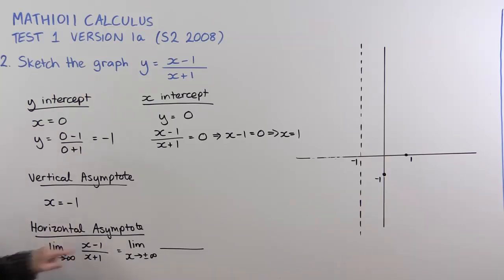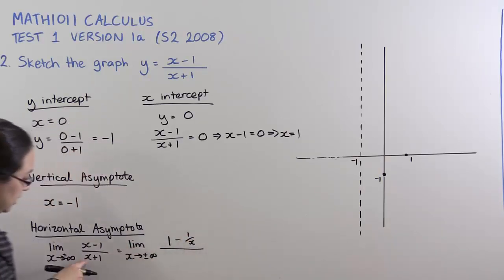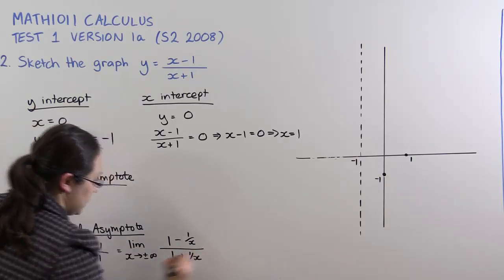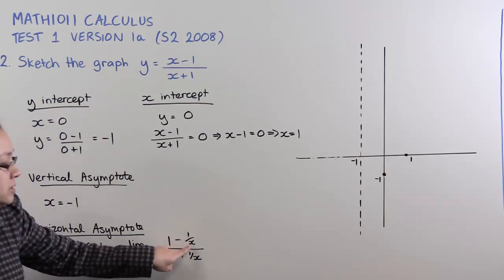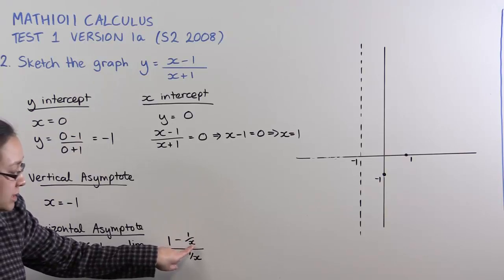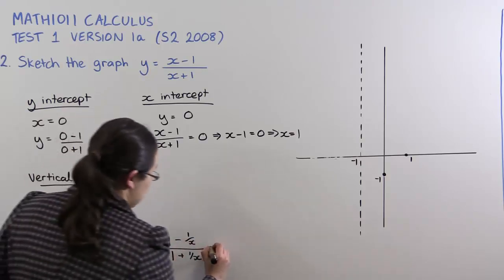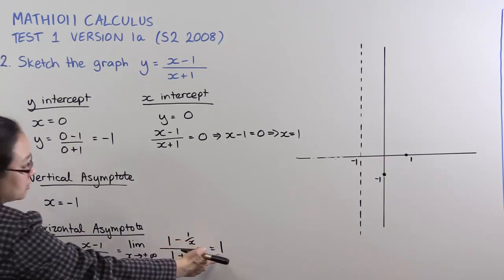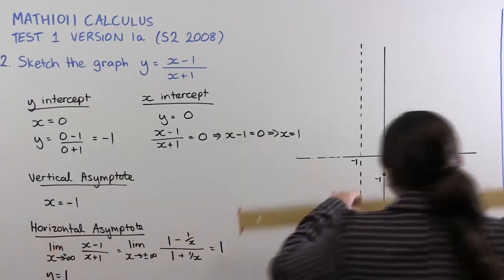That's x to the 1 here. So x divided by x is 1. 1 divided by x, well, that's just 1 over x. And on the bottom here we have x divided by x is 1 plus 1 divided by x. Now when x is really large, or really large and negative, 1 divided by a huge number is practically 0. So this approaches 1 minus 0 on 1 plus 0, and that's 1. So when x is huge, y gets really close to 1, so y equals 1 is actually our horizontal asymptote. So on our graph here,